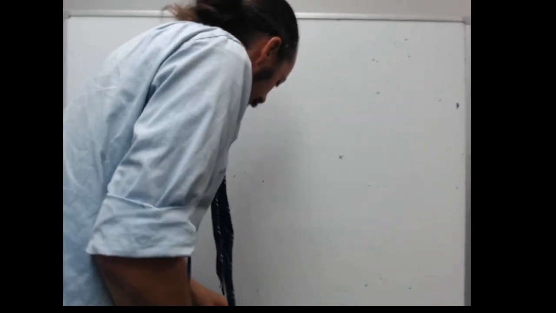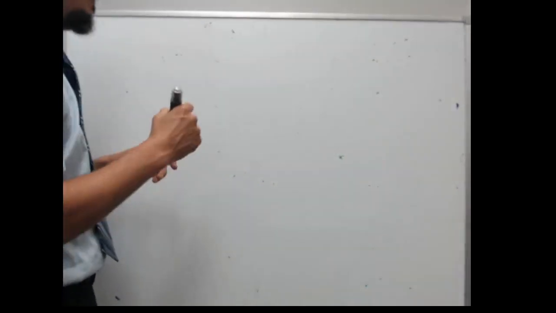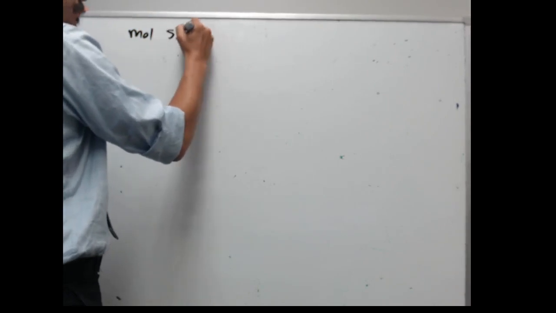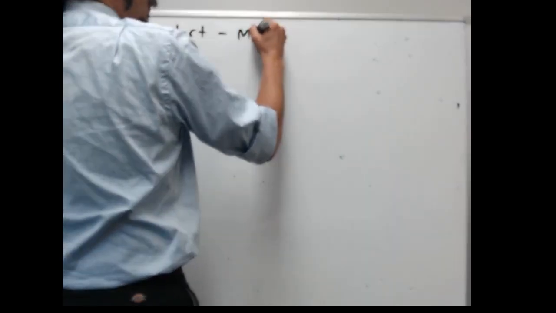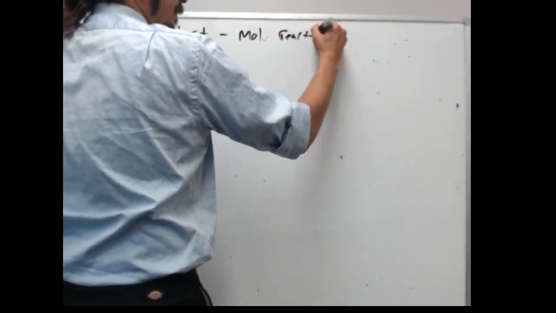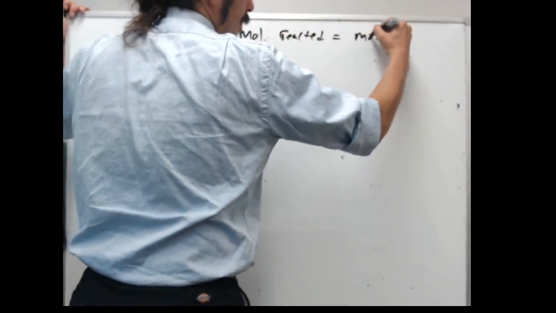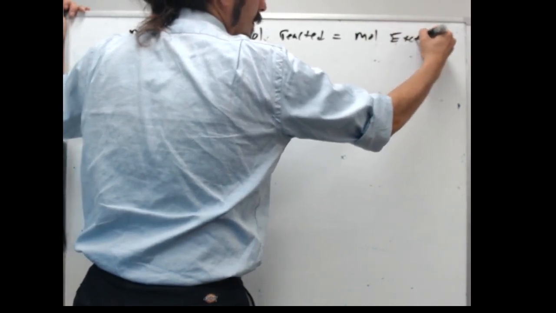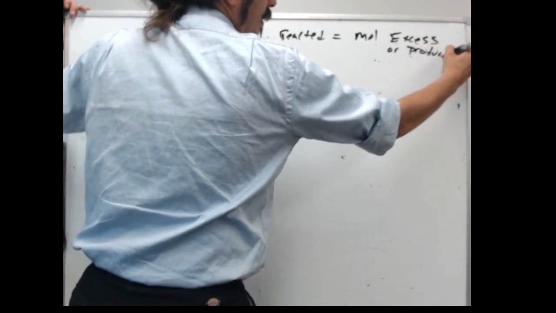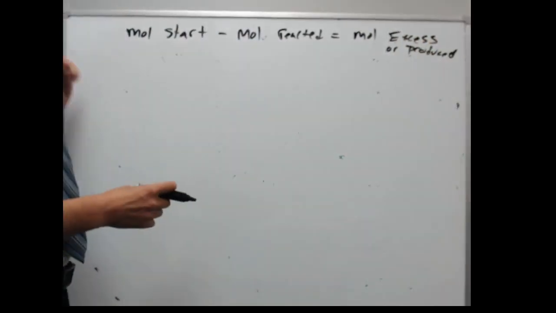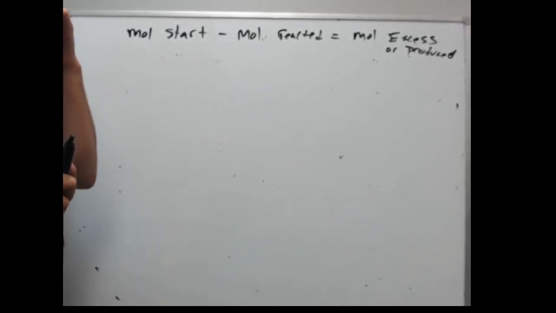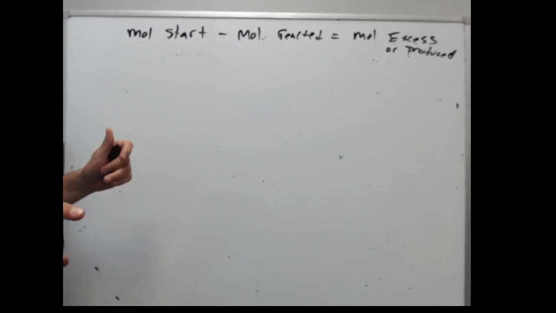Okay, so the typical way that we learn to do stoichiometry is we do moles start minus moles reacted. That's going to get us our moles excess or our moles produced, depending on whether we're looking at reactants or products. Okay, so that means if we wanted to do barium hydroxide,